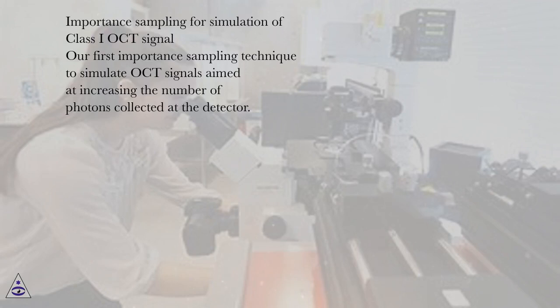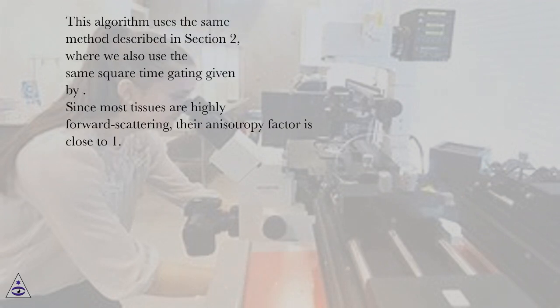Importance sampling for simulation of class I OCT signal. Our first importance sampling technique to simulate OCT signals aimed at increasing the number of photons collected at the detector. This algorithm uses the same method described in section 2, where we also use the same square time gating given